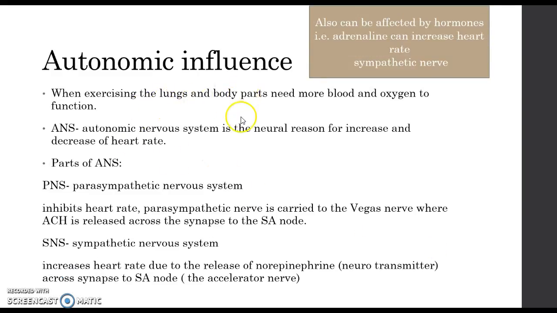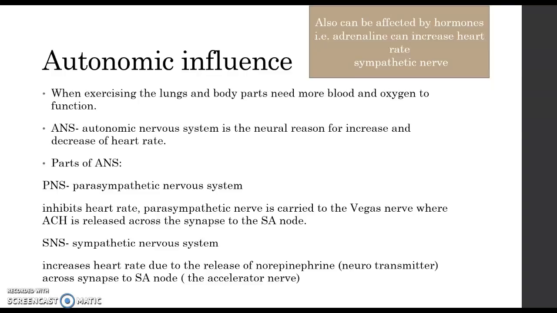So when exercising, the lungs need more blood and oxygen to allow them to function. It can be done in many ways: hormones, the autonomic nervous system, and part of the autonomic nervous system is the parasympathetic nervous system and the sympathetic nervous system. So the parasympathetic inhibits heart rate. The parasympathetic is carried through the vagus nerve, where a chemical, ACh, is released, goes across the synapse to the SA node, where it knows to slow down the heart rate